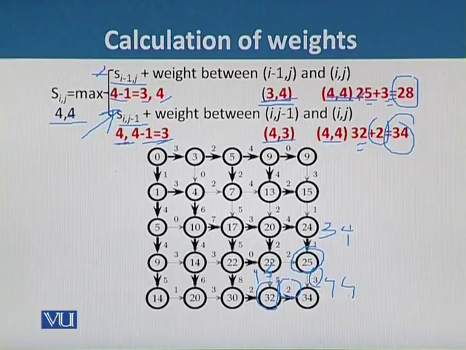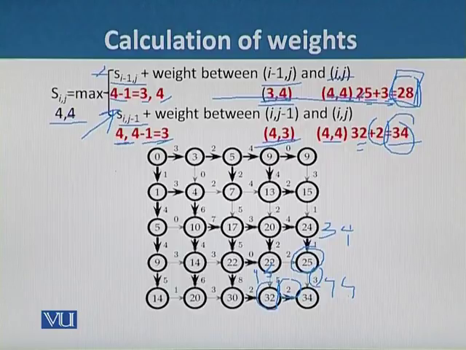So in this case we can easily say that the tourist path must be from 4 3 to 4 4, and it cannot move from 3 4 to 4 4 because it has the lowest number as compared to 34. So if the tourist follows this path, the score will be less. It means he or she will see fewer attractions. And if he or she follows this path, it means it has more attractions, and the value of S N M will be the maximum, that is 34.